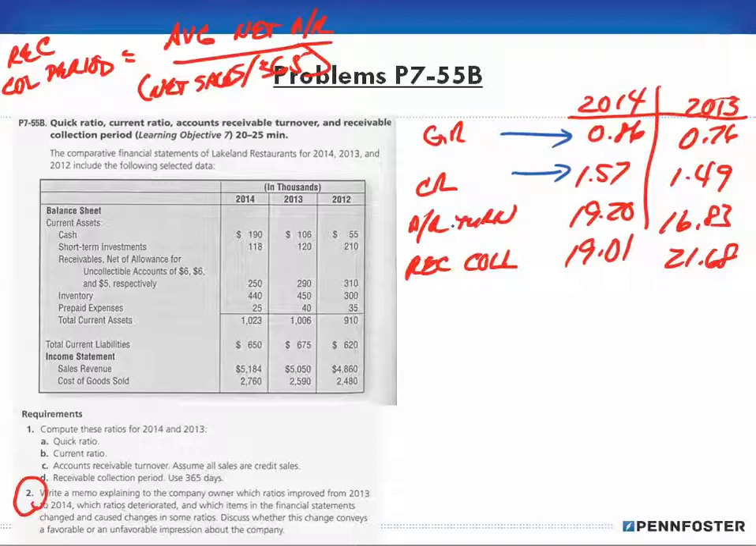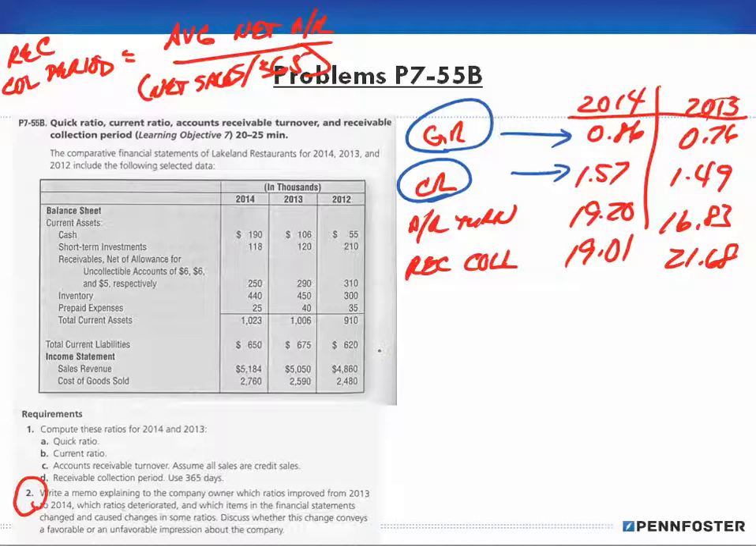These increases were largely due to the significant increase in cash. This conveys a favorable impression about the company, as it indicates the company has more of an ability to pay its current liabilities as they come due, right? So, yeah, when you increase your cash, your quick ratio and your current ratio increase. To understand the concept, and I'm not going to go through it,